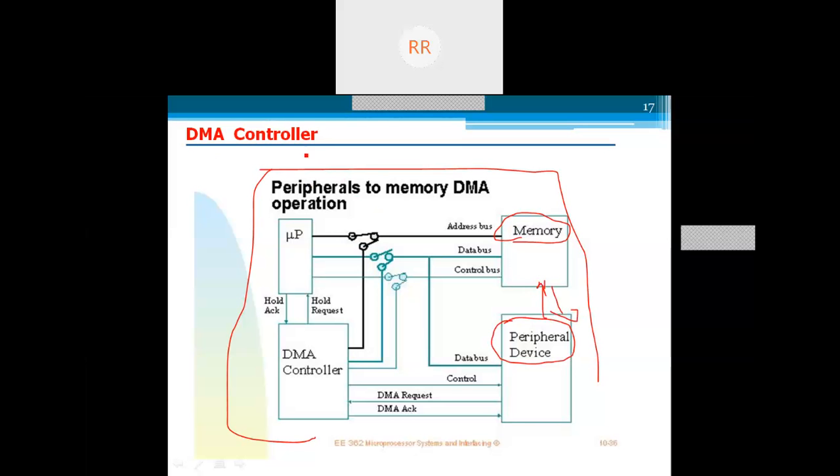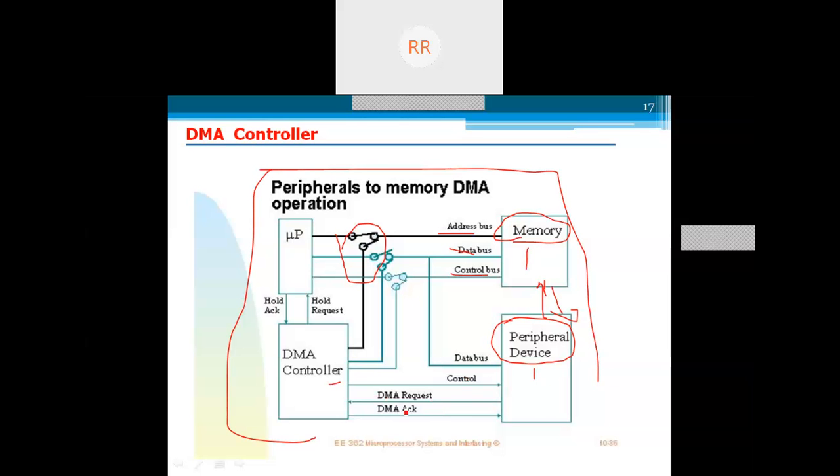The advantage of this DMA controller is that it takes complete control over all the lines: address bus, data bus, and control bus. These three buses can be completely utilized by the DMA controller for data transfer between memory and the peripheral devices.